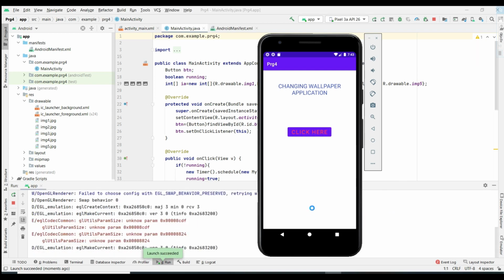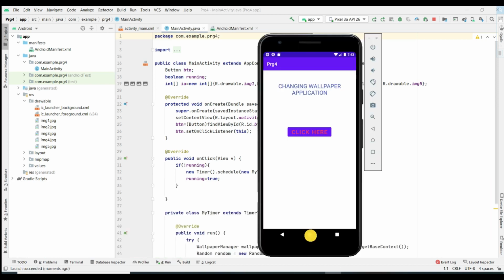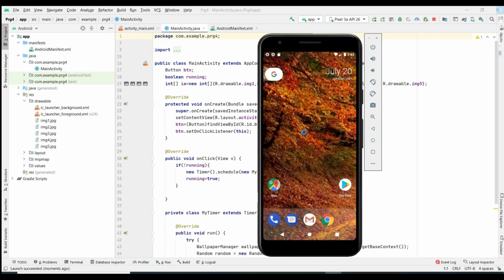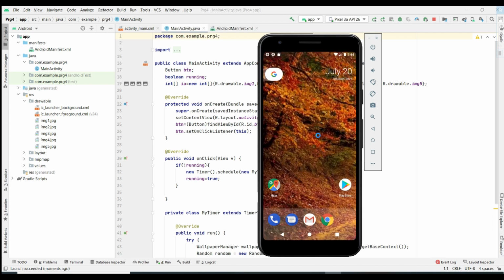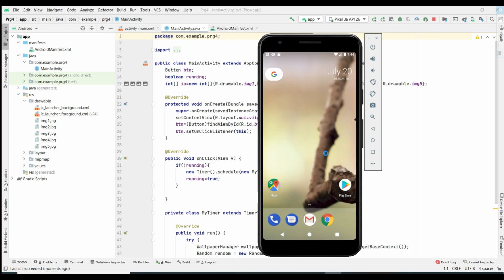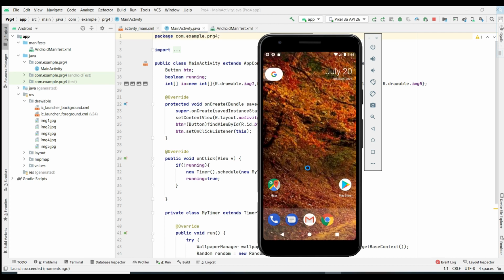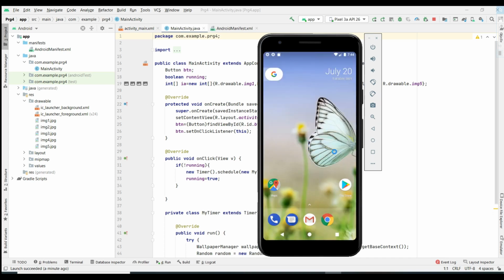And once you have clicked here, you are going to minimize this one. Okay, go to the home screen. Yes, so this is one image, and if you look here, it keeps on changing every 30 seconds. See here, this is the second wallpaper we are getting, and randomly it is choosing, so that's why it is coming repeatedly. Yes, now it has become another wallpaper.